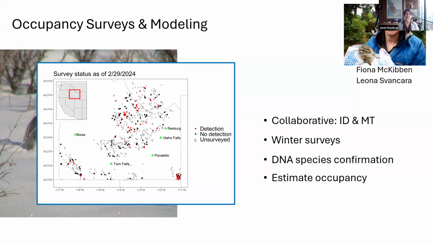So like I said, this is a really large collaborative effort. We had over 80 people out helping with these surveys. And so here's a shameless plug. If anybody would like to come out next winter and help us with those surveys, we're hoping to get up to something in the number of 800. So if you're looking for an excuse to get out of the office in the winter, we would love the help. But we'll be using the results of this to get a better understanding of changes in distribution and the environmental factors that are associated with occupancy.